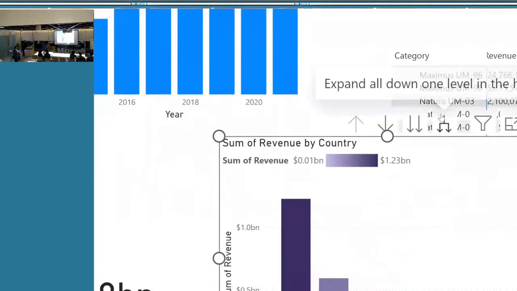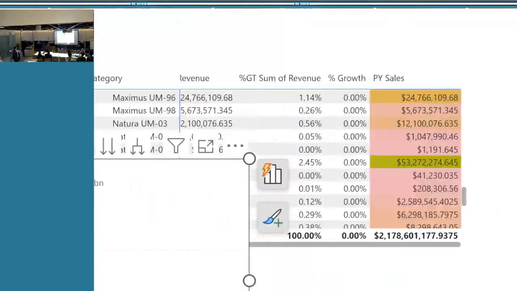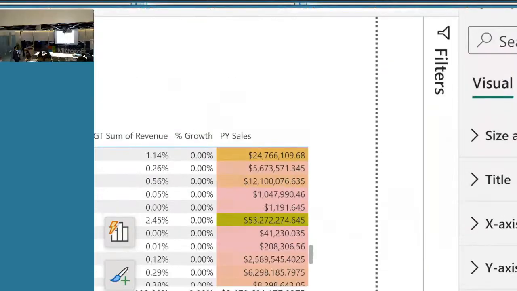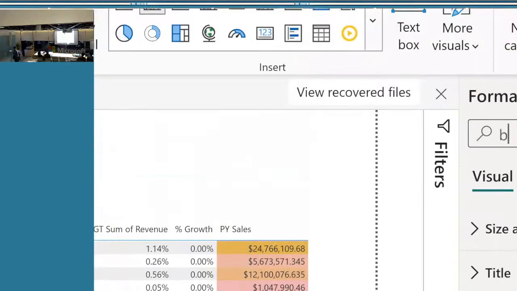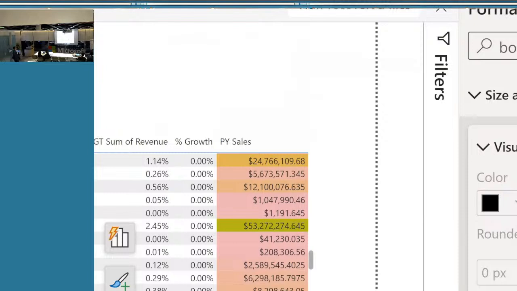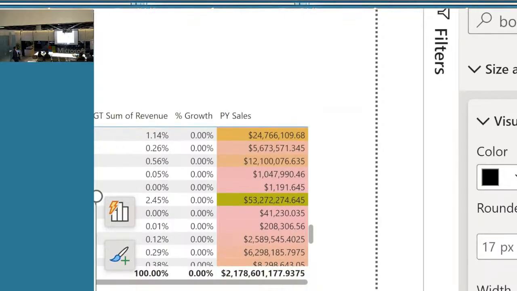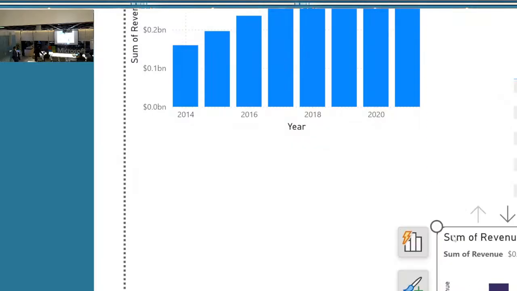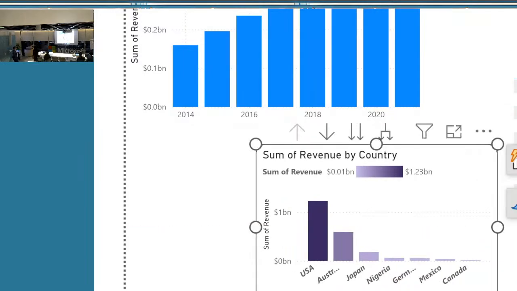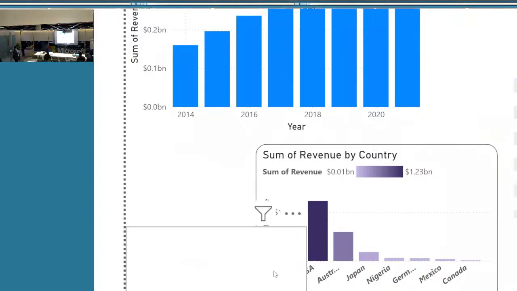So again, just like Ashraf mentioned, each visual, you can really customize it and you will do it in this pane. Let's say I want to add borders to my visual. Like I told you, sometimes I forget where to go. I just write borders and I see here, oh okay, I can enable the visual border. I can just turn this on, maybe make it a bit more rounded. And then let's zoom out a little bit, and then it looks maybe a bit nicer. Of course, you can do it way better than this, but I'm just showing you the different features that there are.